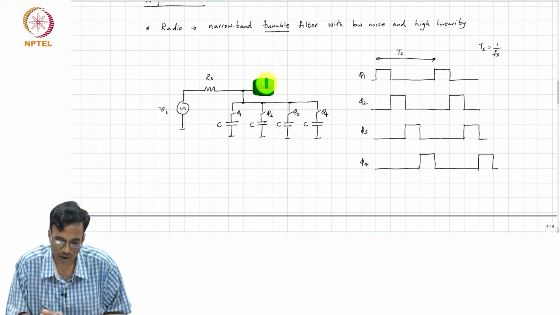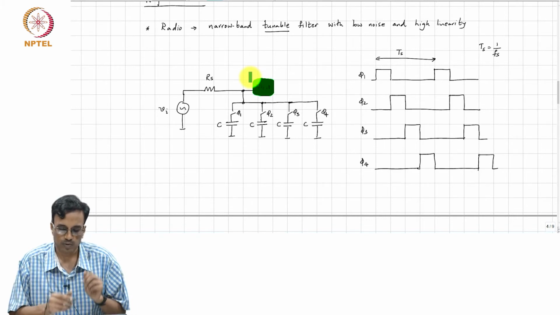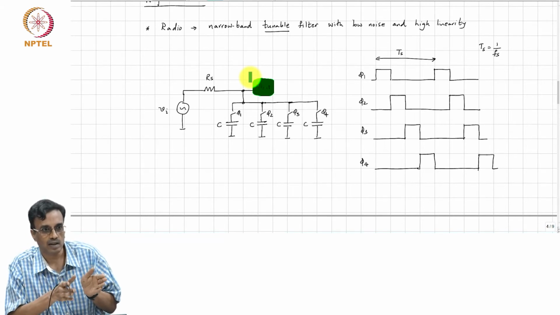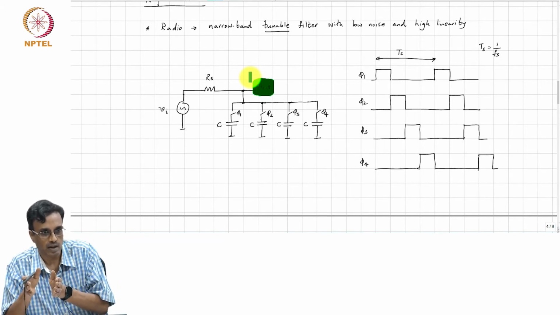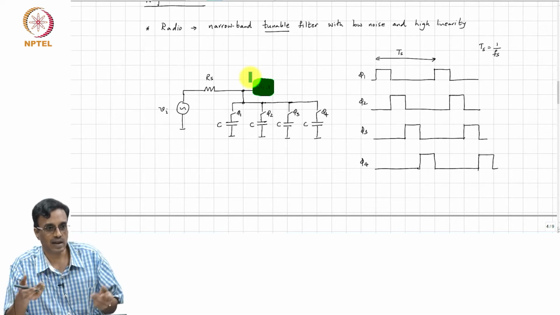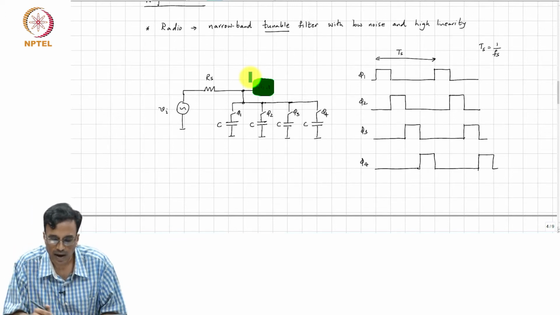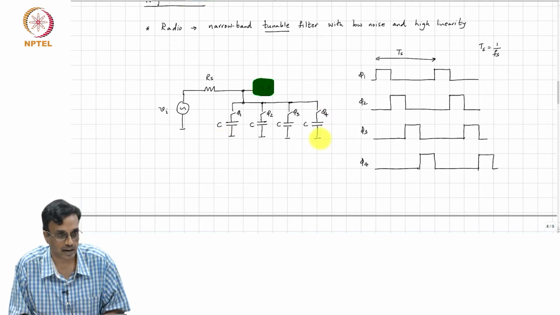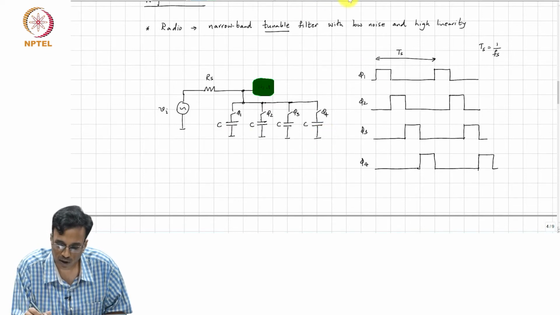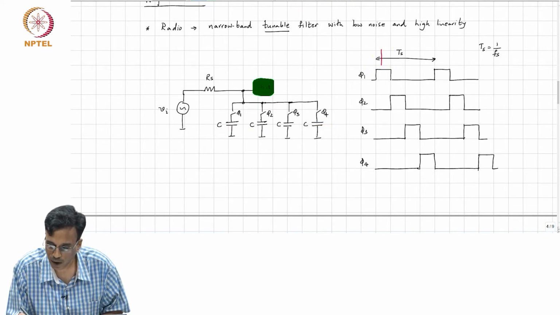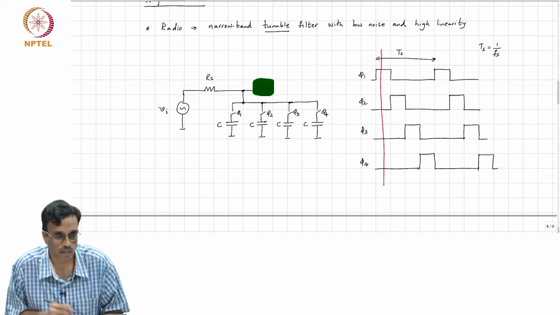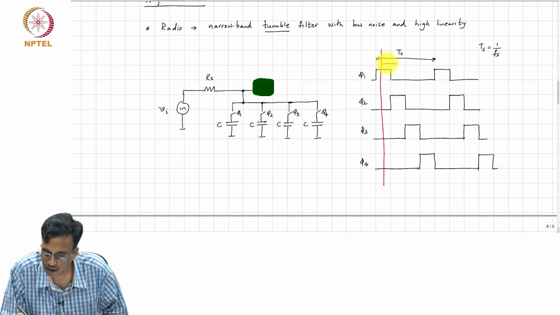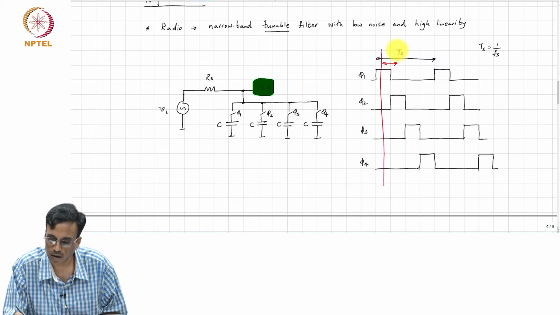So, remember that as we discussed yesterday, if the network looks identical periodically, then it is LPTV at that small period, and that is definitely true in this case because all the capacitors are identical, right. So, if I took a snapshot of the network at say this point, or exactly T s by 4 later,